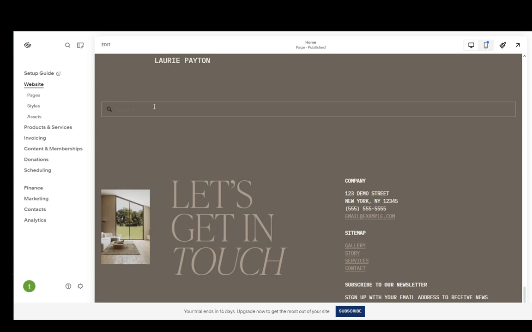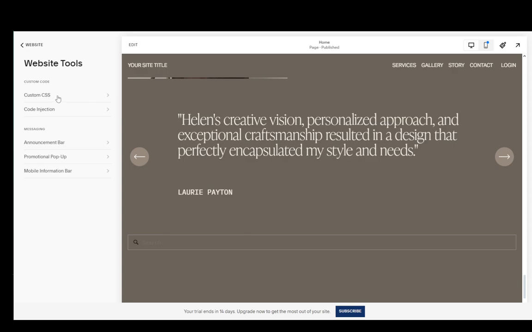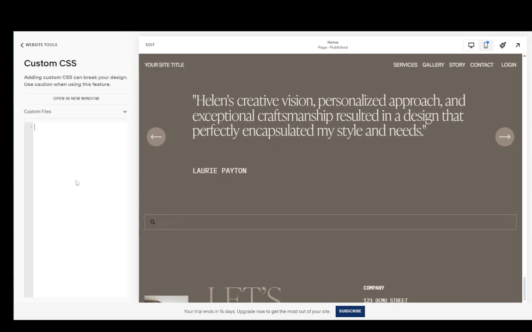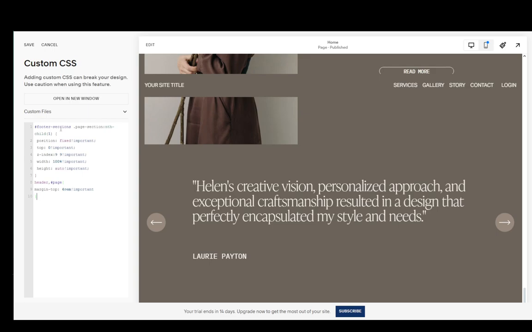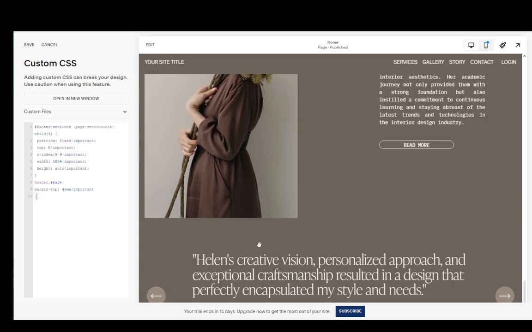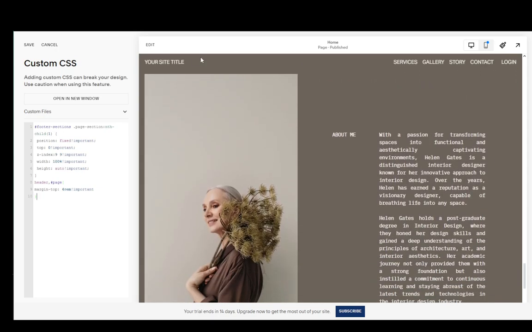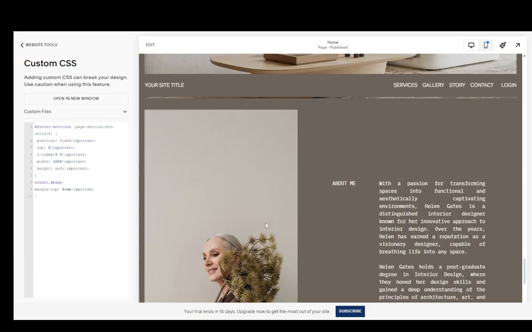Now that we've added the search bar into the footer, what we can do is go into pages, scroll down until we get to website tools, and then go into custom CSS. Now here you're going to paste, or rather write out this code. This is exactly what you want, and now the footer will not really appear at the bottom of your page anymore, which is sort of a downside of this method, and your header will continue to go down with your page as you scroll, and it won't show the search bar. However, this code will be just enough, and if we click save,